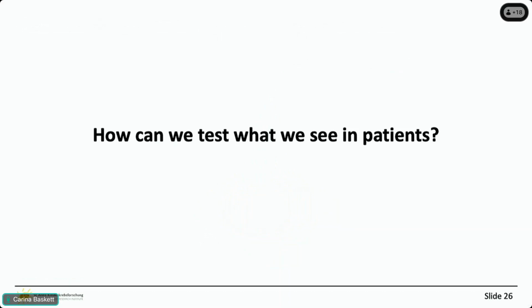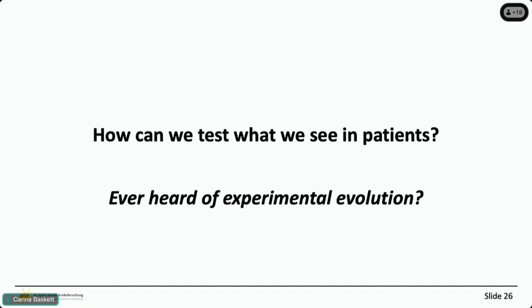So we've presented a couple of examples of observing in patients how evolution is happening, but how can we test these ideas that we have of what we see in patients? And of course, very ironically, you guys have heard of experimental evolution, and you're complete experts in experimental evolution compared to me. But I want to present here a short example of how we can actually perform experimental evolution